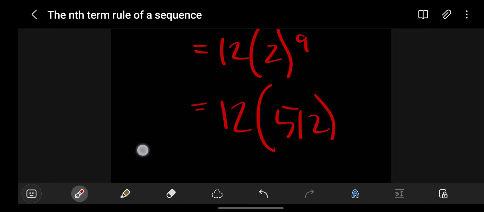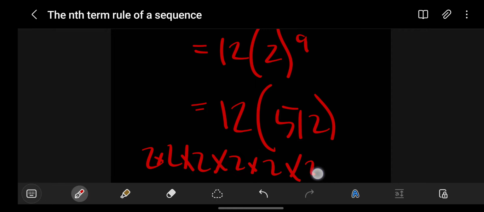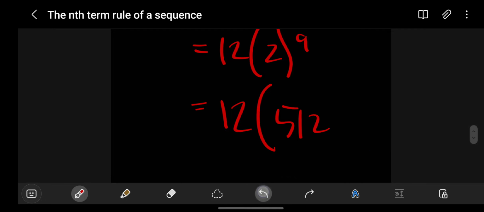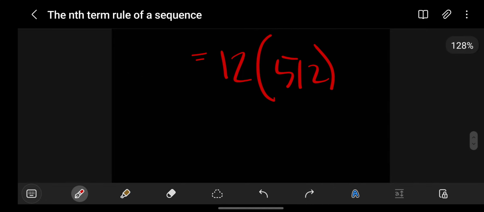So we have 2 times 2, that's 4 times 2, 8 times 2, 16 times 2, 32 times 2, 64 times 2, 128. How many 2's do we have there? 9 times 2, 254. Sorry. It's 256, and then the last one, if we multiply it by 2, the ninth factor 2, that means it's 512. And then therefore, we have 12 times 512 already. So we have to delete everything here. And then the answer to that, 12 times 512 is